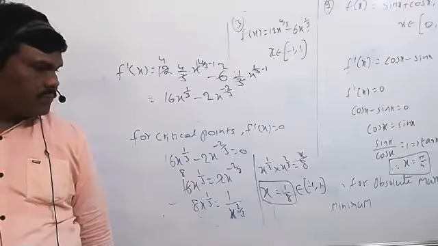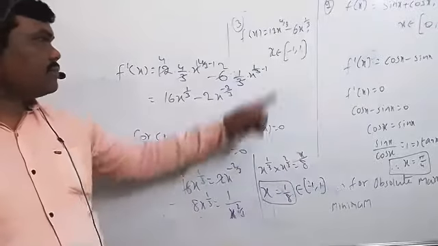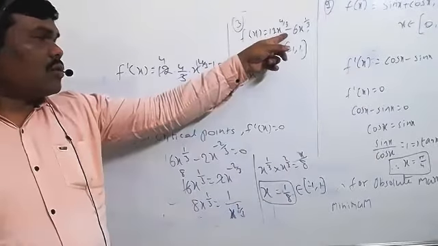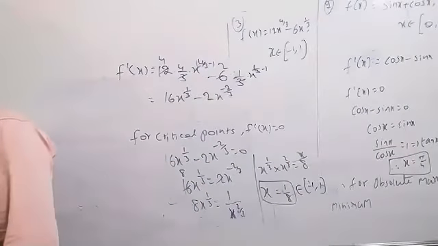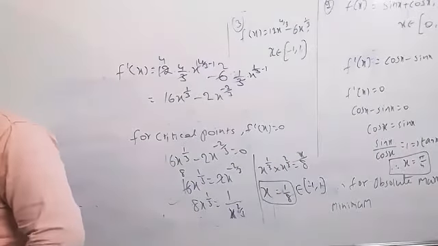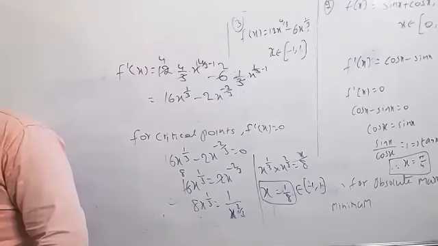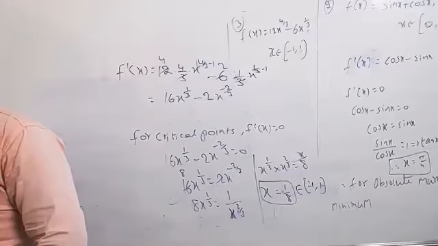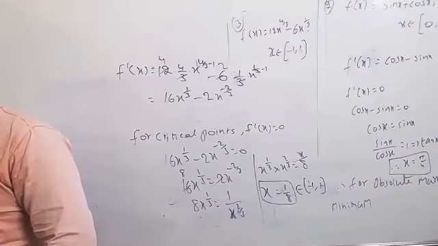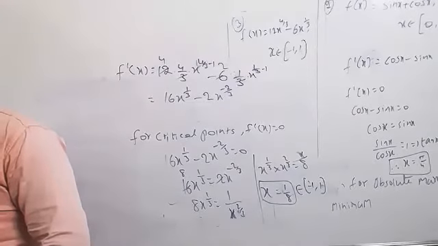I got the answer. If we take x equal to -1, then what will we get? 18. -1 means 18. Correct, 18. It's fine. f of 1 by 8 is minus 9 by 4. Yes, very good. f of 1 is 6, sir. 6, very good. Then what is the absolute maximum value here now?